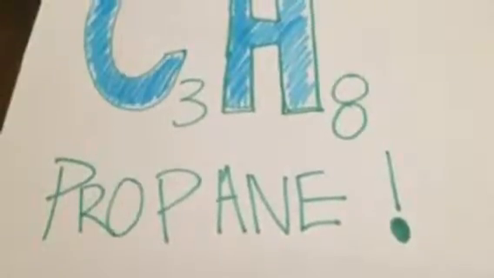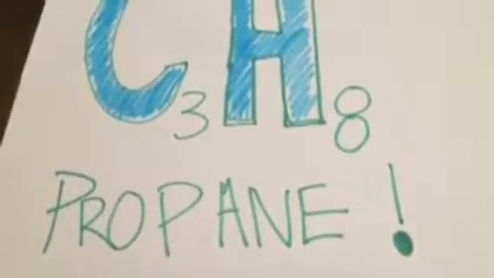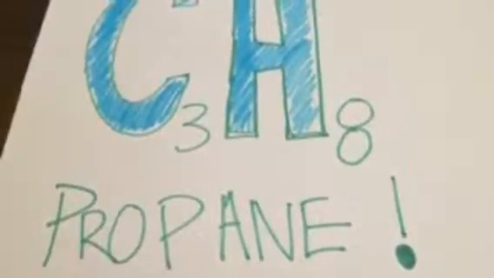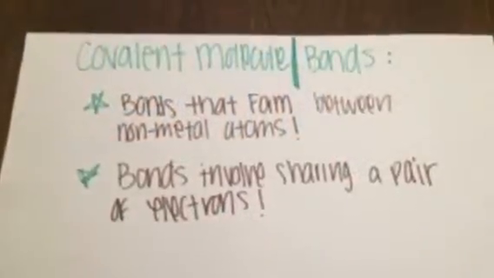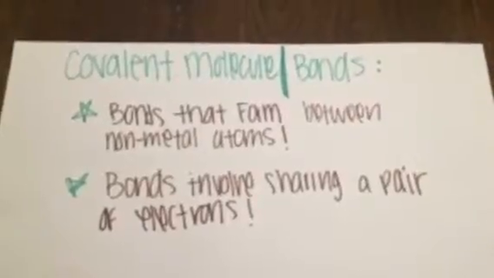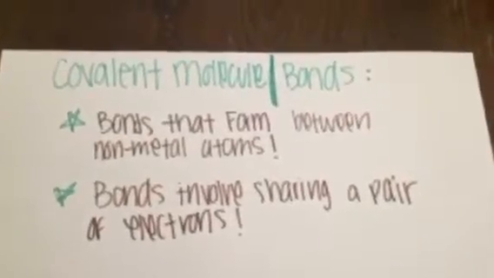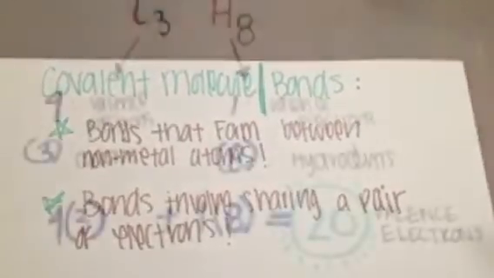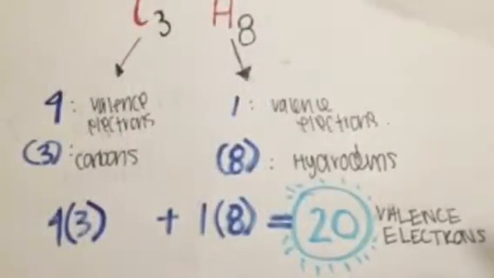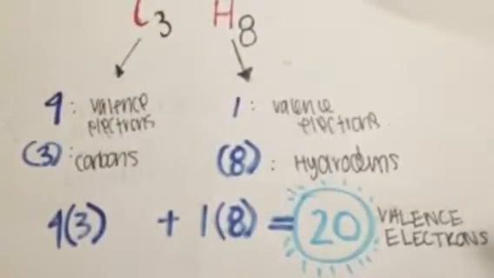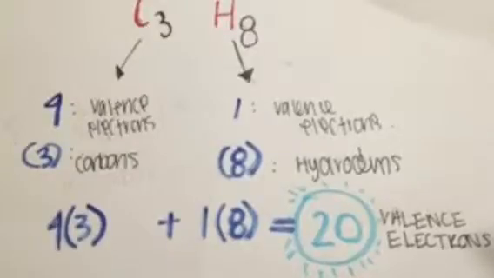C3H8, also known as propane, is a covalent molecule and has a covalent bond. Covalent bonds form between nonmetal atoms and involve sharing a pair of electrons. In propane, there are 3 carbons, which have 4 valence electrons, and 8 hydrogens, which have 1 valence